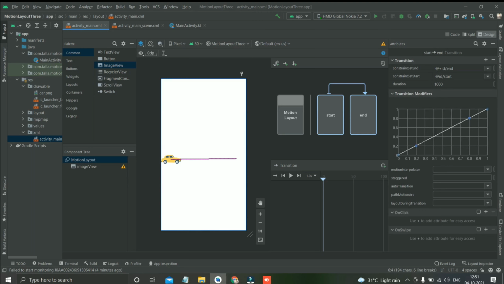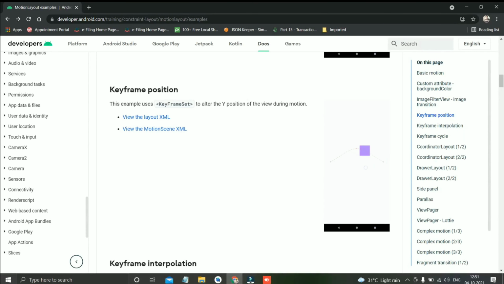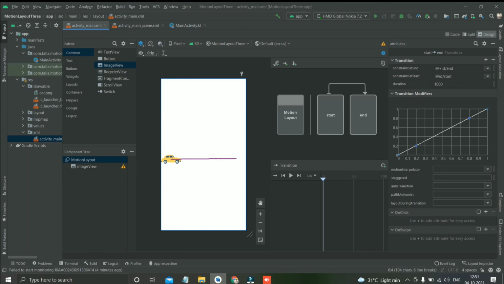So the total car position, you can see here a transition in between the start and end. You can see a transition and you can play that, and you can see the car was moving like a straight road it was going on at. But we need to make the car as a curve. In between the road we have to make the curve road. So to make that,